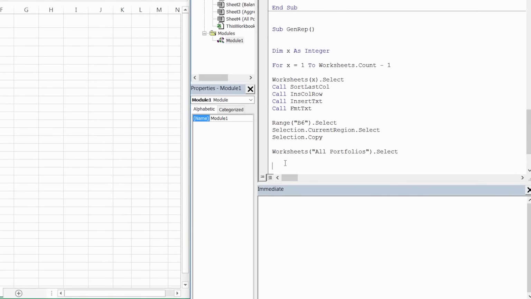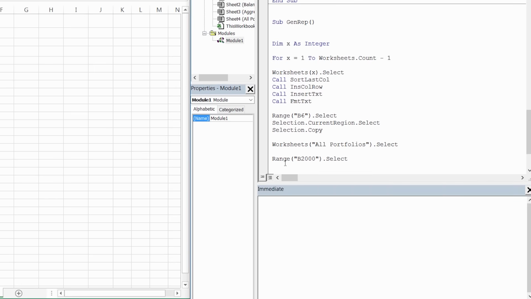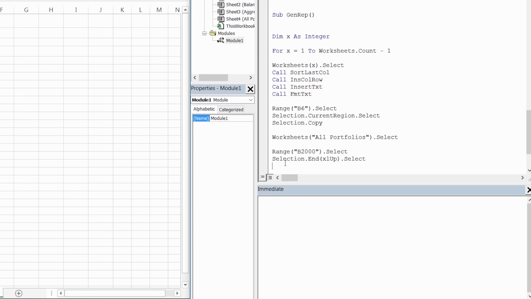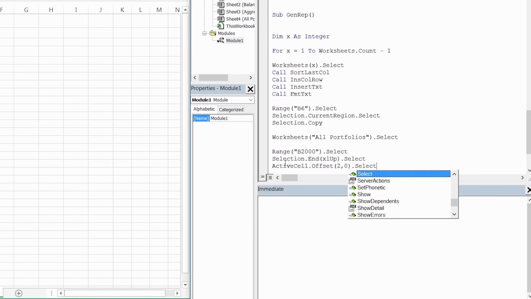So I'm going to start by selecting something really far down. I'll say B2000. And then I'm going to use my end method to travel up, xlUp, and select whatever cell that is. Then maybe I'll offset, I'll just move down a couple of rows. That way I'm not pasting over anything. Just 2 rows down. I'm going to select that cell, and then